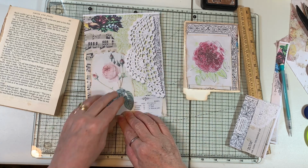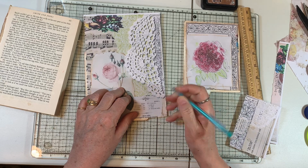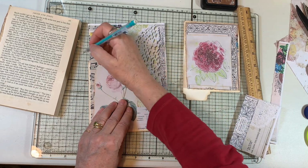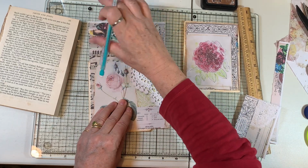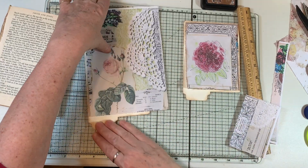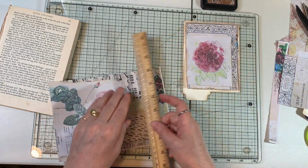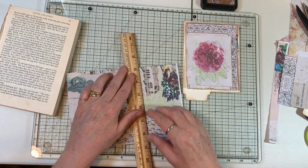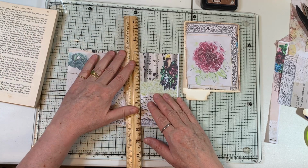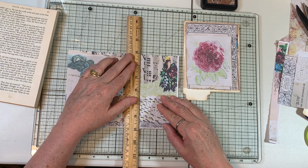Okay, so maybe right about there, right into there, and then right about there. Okay. Yeah, we're gonna end up using this whole piece of paper, aren't we? So get you on there, and then